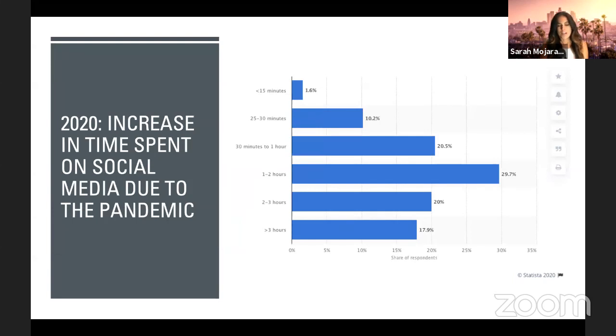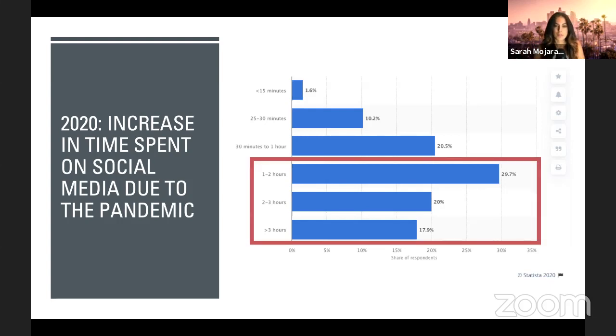And in the context of everything that's happening in 2020, it should come as no surprise that social media use has increased substantially. And so, as you can see here, the majority of the population is spending upwards of an hour per day on social media. And for folks who are joining us from Twitter, that should come as no surprise, because it seems like many people are becoming much more active and really leaning on this technology in ways that we simply weren't doing before the pandemic.